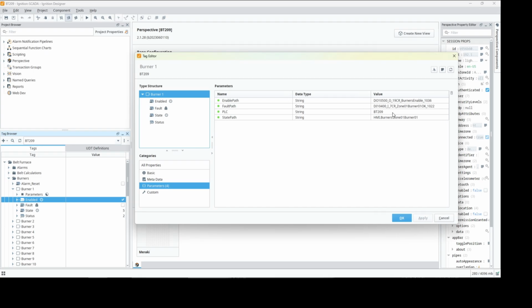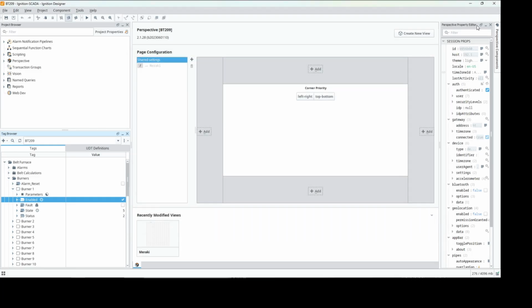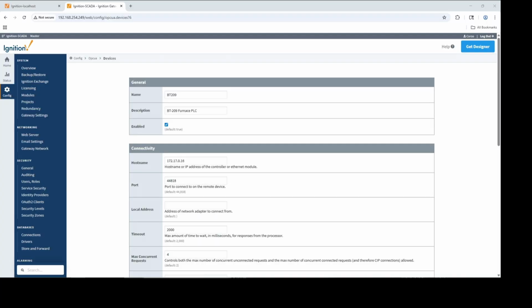and that would pull up these particular tabs. So this is our PLC device, and this is our enable path. So that is the path that is set up on that tag. And if you were to look at different PLC types, say Siemens PLCs or Modbus devices, you would map different paths to those. And you can find all of that if we go to